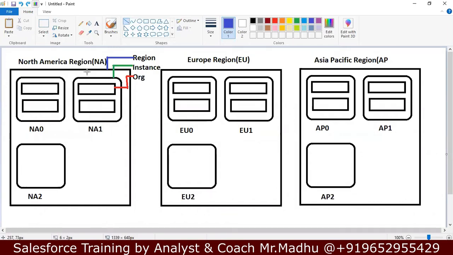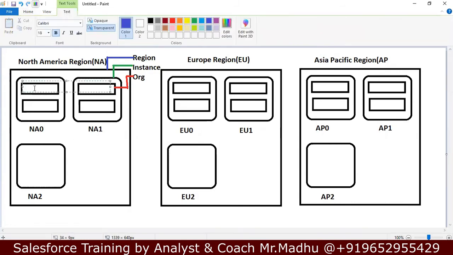Inside the North America region, they set up one server named NA01, because they needed a first server. In that server, they created some memory space, a huge memory space. In that huge memory space, first they got customer 1, CU1.